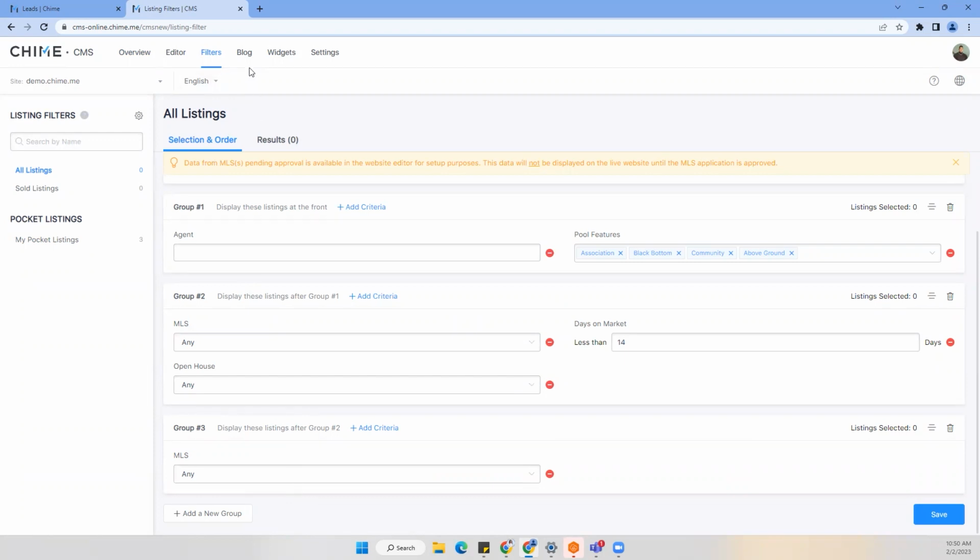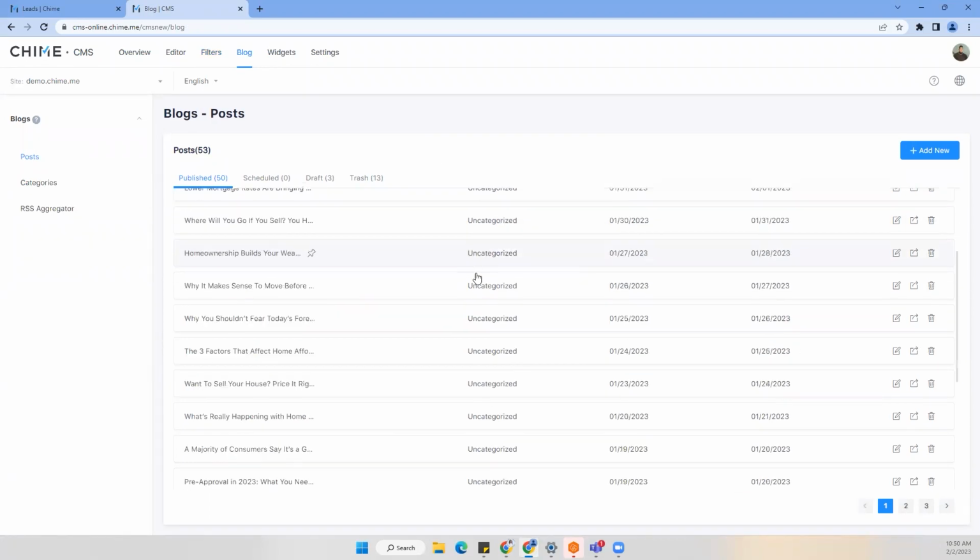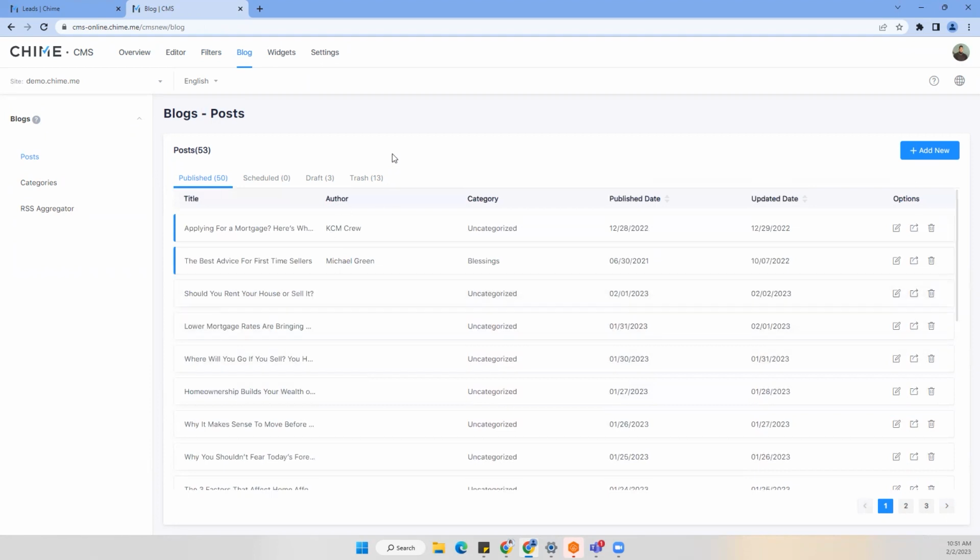You'll also notice that there's this blog section now. With a full agent website, you're able to create blogs. You weren't able to do that with just your given subdomain. Blogs are definitely recommended to have, because at the end of the day, that helps drive more traffic to your site. The more content you put out there, the more traffic you're driving in and more leads that you have coming in. So blogs here,